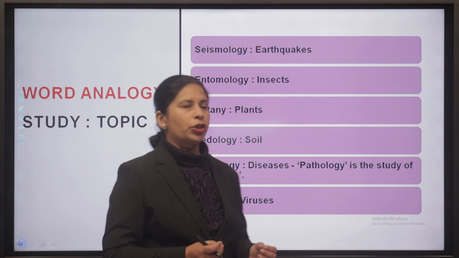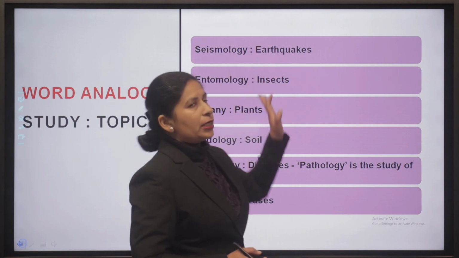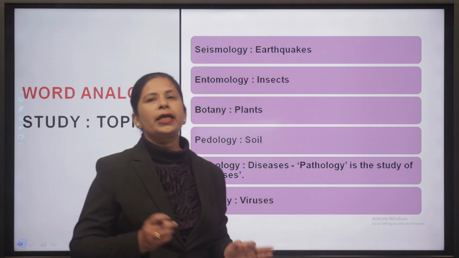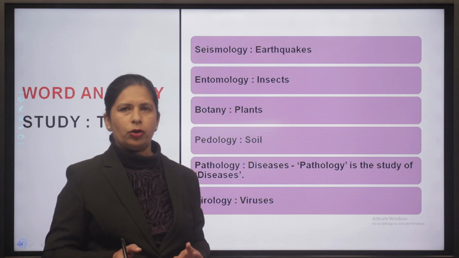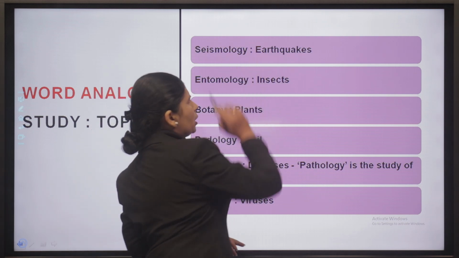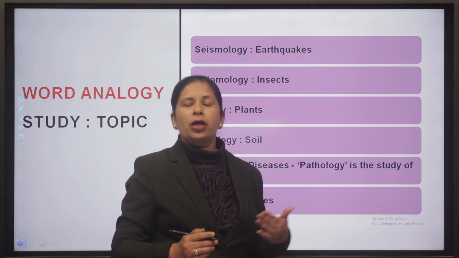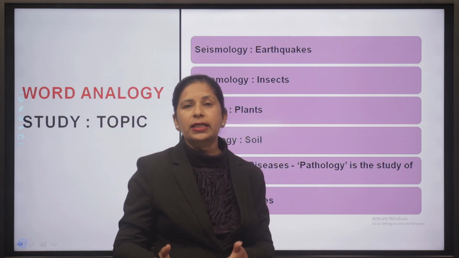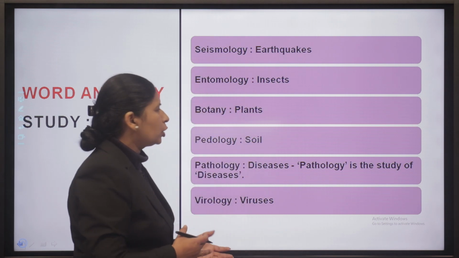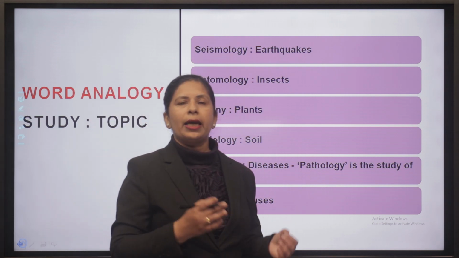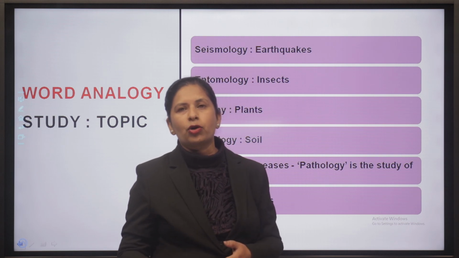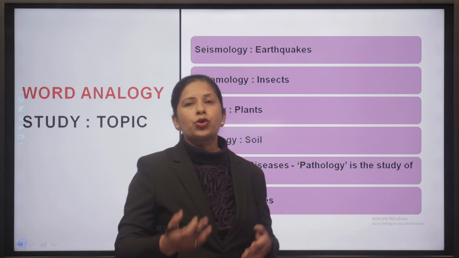So they will give you a question like seismology is to earthquakes, so botany is to what? So this is again an analogy कि earthquakes की study को seismology बोला जाता है. So you have to learn in your GK lot of studies like insects की study को हम बोलते हैं entomology, plants की study को हम बोलते हैं botany, animals की study को हम बोलते हैं zoology, soil की study को